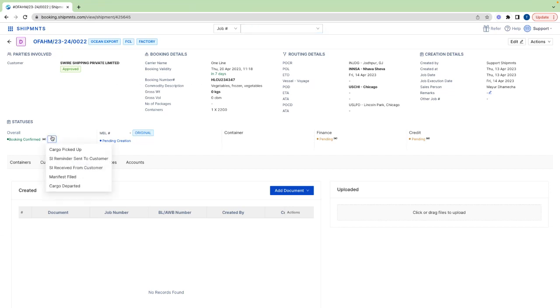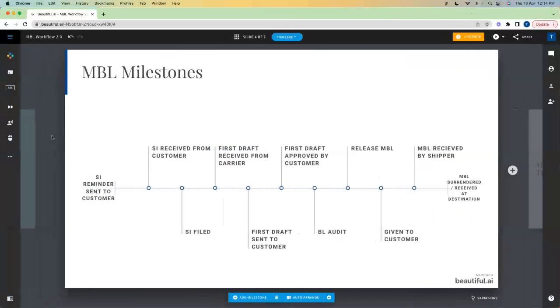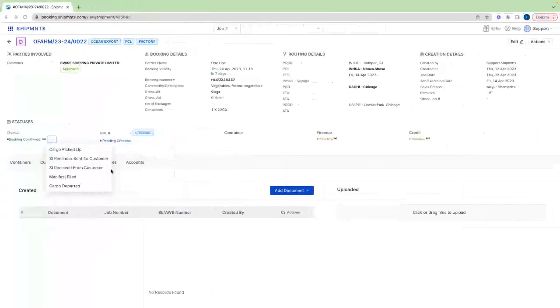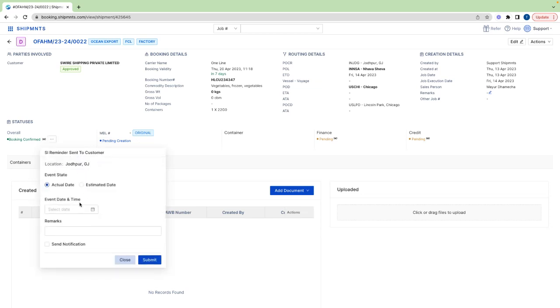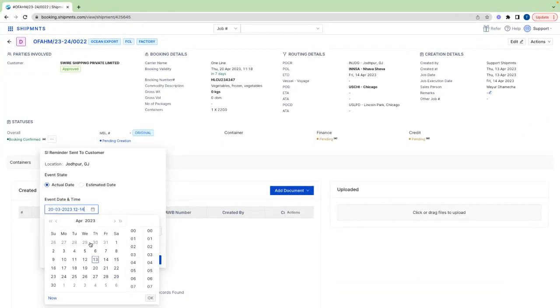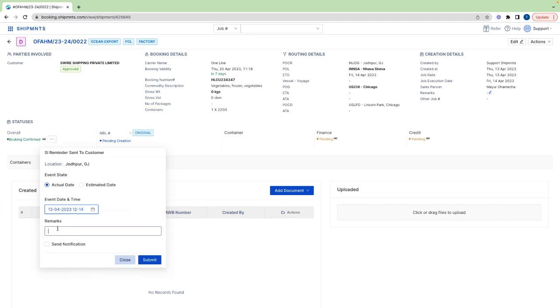So if you notice, this is right now in booking confirmed state. So let's move it to SI reminder sent to customer state. And then as always, you will be able to record the event date. So let's take a sample together, put it to right now. If you would like to add some remark,